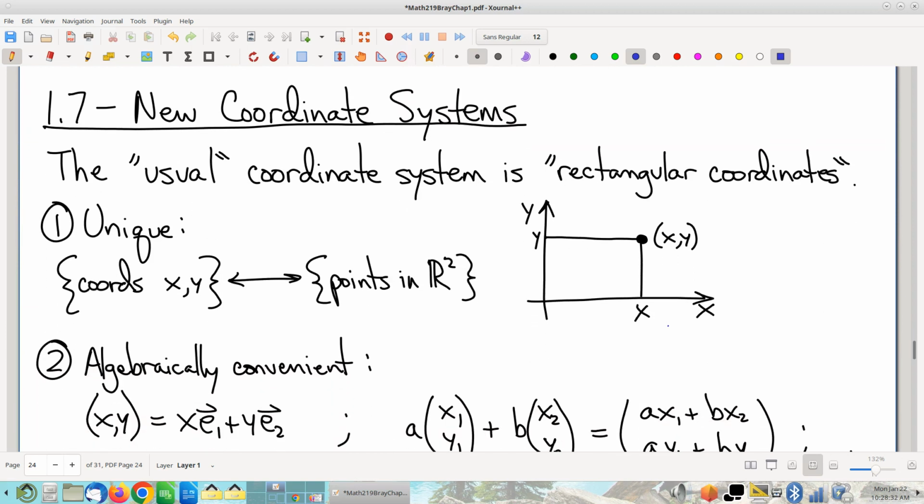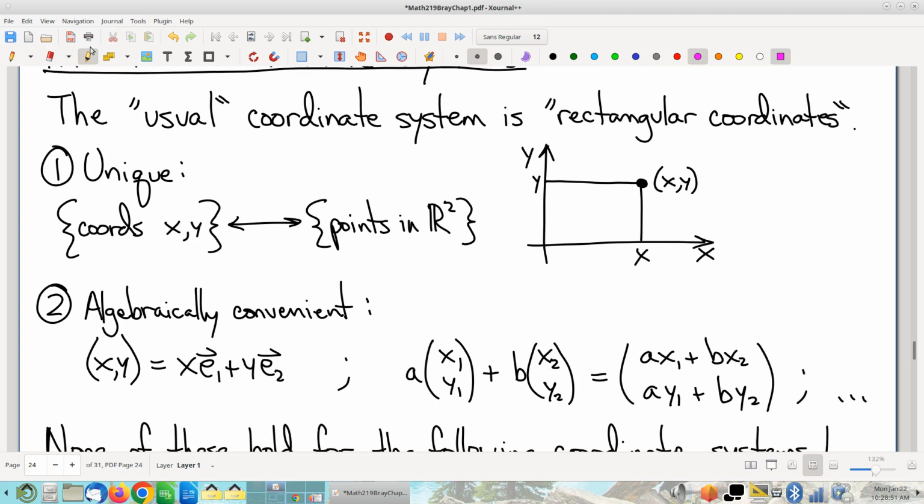Section 1.7 now. I just need to make sure y'all are aware of the basic ins and outs of a couple of new coordinate systems that are in common use for really, really good reasons. There are things that you just can't do very well with rectangular coordinates. So let's start off by talking about what are rectangular coordinates. The rectangular coordinate system. And what it is, given a point,